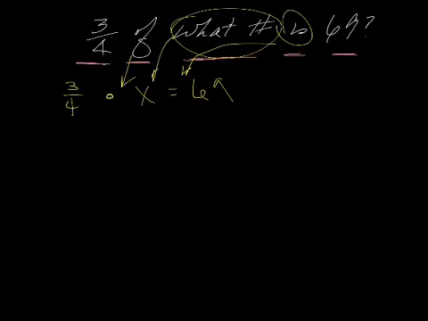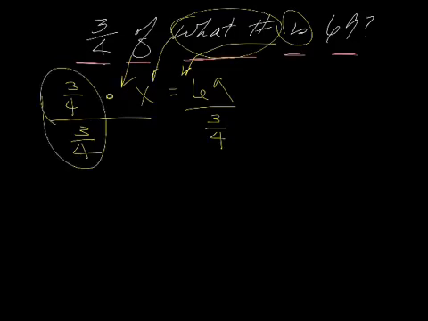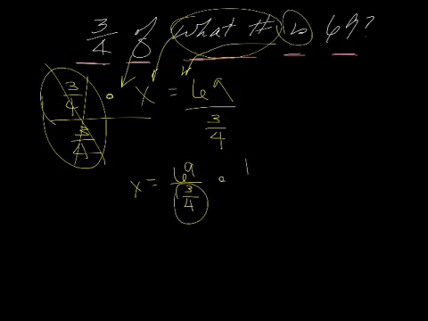Now in order to get rid of a number multiplied by a variable, we divide the entire thing by 3/4, and we divide the entire thing over here on the other side by 3/4. And when we divide, we get one number over another, and they're the same, so they disappear because 3/4 over 3/4 is 1. So we're left with x equals 69 over 3/4. And if you remember, when you have a fraction in the bottom, you flip it upside down and multiply it. So